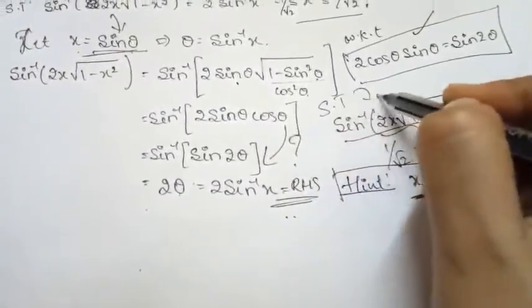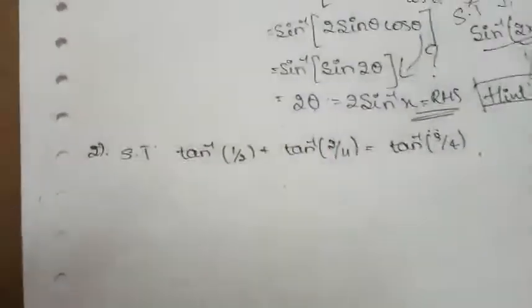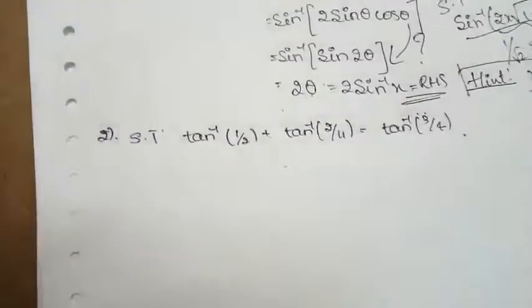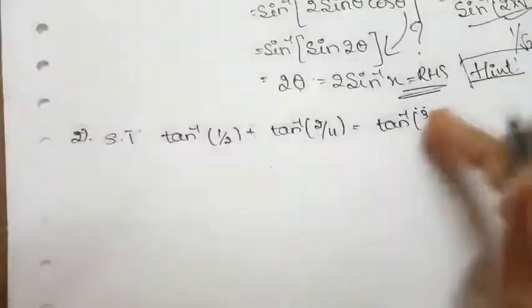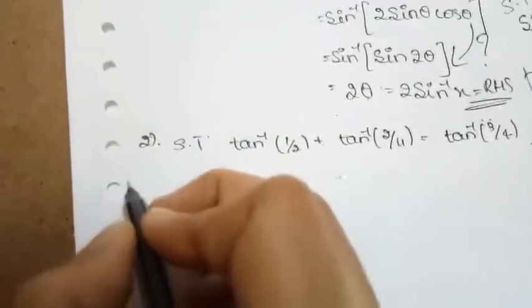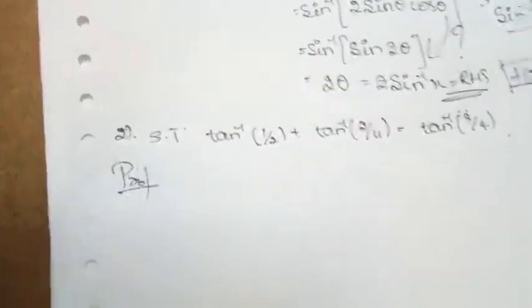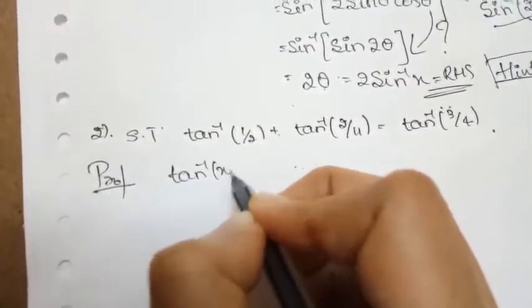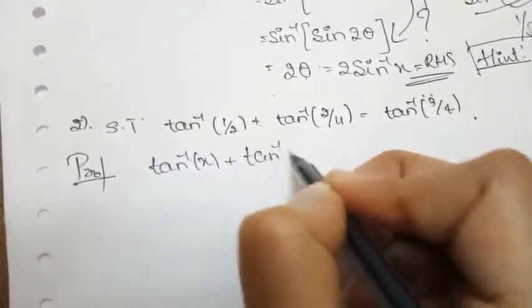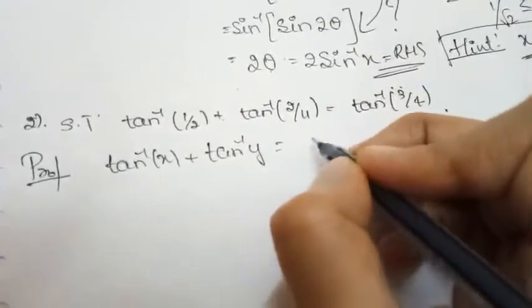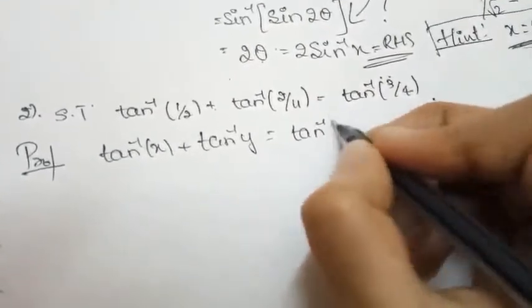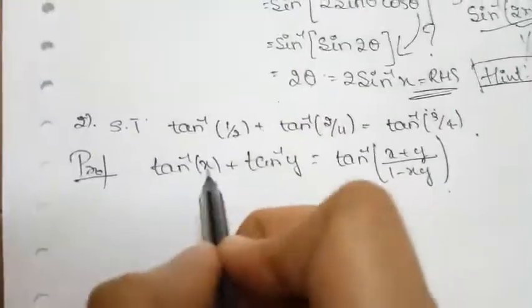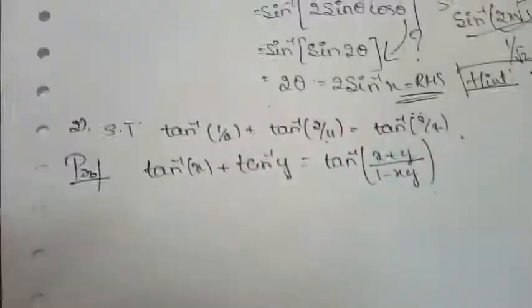Again, this one is also a show-that question. Next question, we need to show this LHS is equal to RHS. So don't go with what is the value of this one, what is the value of that one. Now here at present we have the properties, so try to use those properties. It is in the form tan inverse of x plus tan inverse of y. What is tan inverse of x plus tan inverse of y? That is nothing but tan inverse of x plus y divided by 1 minus xy. Use this property. What is x here? It is 1 by 2. What is y here? 2 by 11.